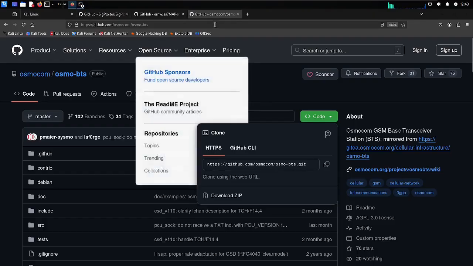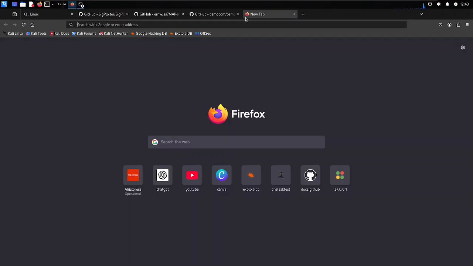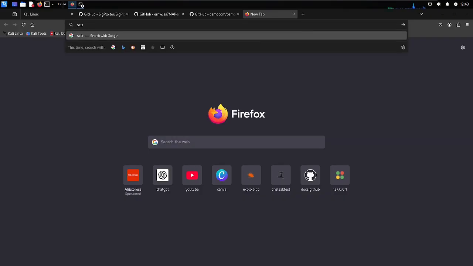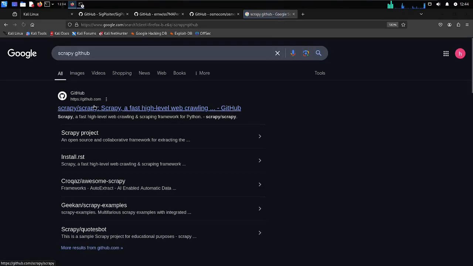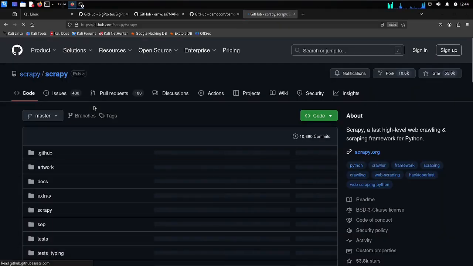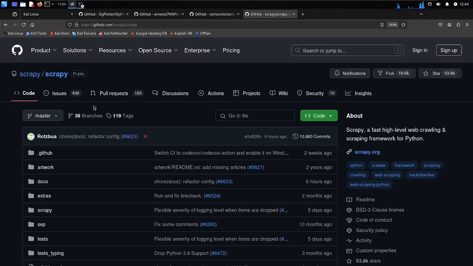So this is also a packet capturing tool, similar to Wireshark. You can capture all the traffic of SS7. So if you are unable to use Wireshark, you can also use Scapy. I think this is the correct spelling. Scapy on GitHub. From here you can clone this, and you can intercept all the traffic of the SS7 protocol.